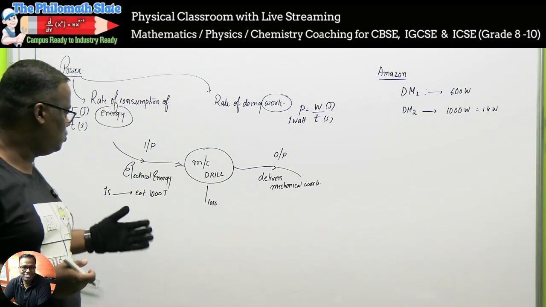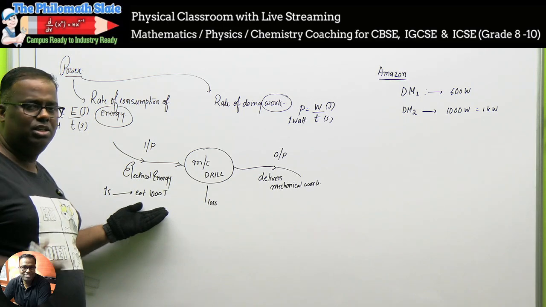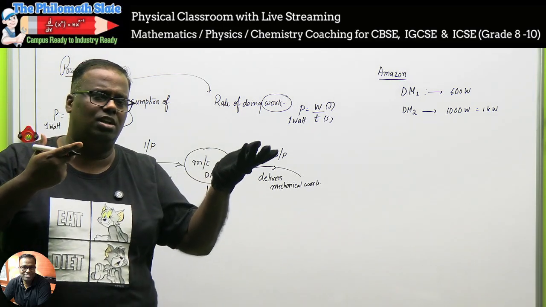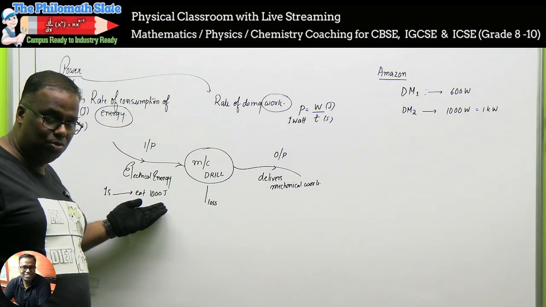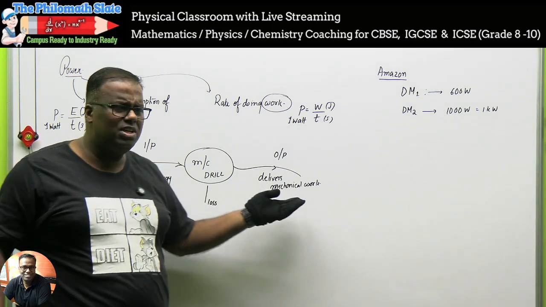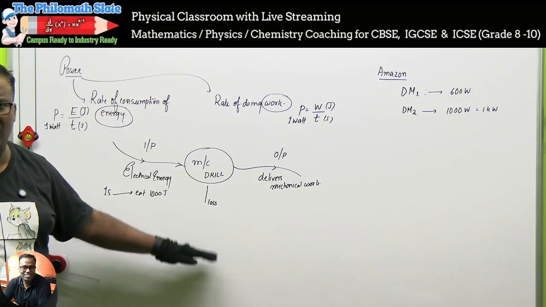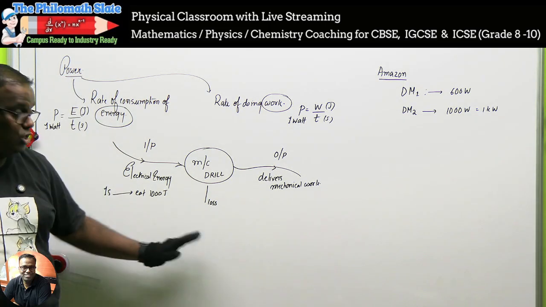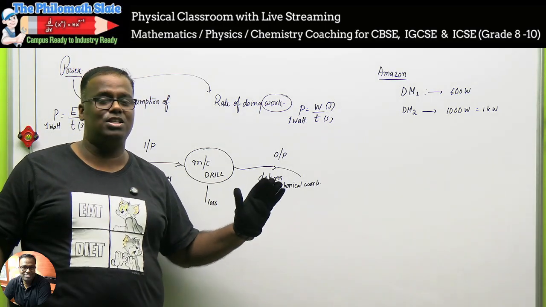Suppose you are running a drill machine for 5 seconds, or maybe 7-8 seconds. If you have consumed 1000 joules, you will be giving something like 900 joules. 100 joules will be wasted as sound, spark and heat. So when you do questions, be very careful which side power is asked and what not.